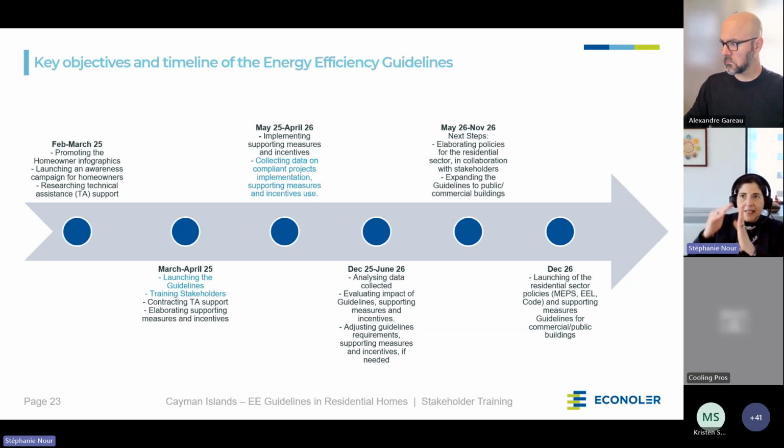Because as you saw earlier, just seeing, okay, you insulate a house, you see the cost is reduced, you install an efficient AC, you can see that the cost is reduced. Gathering data on this will enable us to prepare a very precise and very appropriate policy later on. So collecting data on how much it costs, how much energy is being saved, how much energy cost is being saved by following the recommendations will help the government, but the society in general, to improve